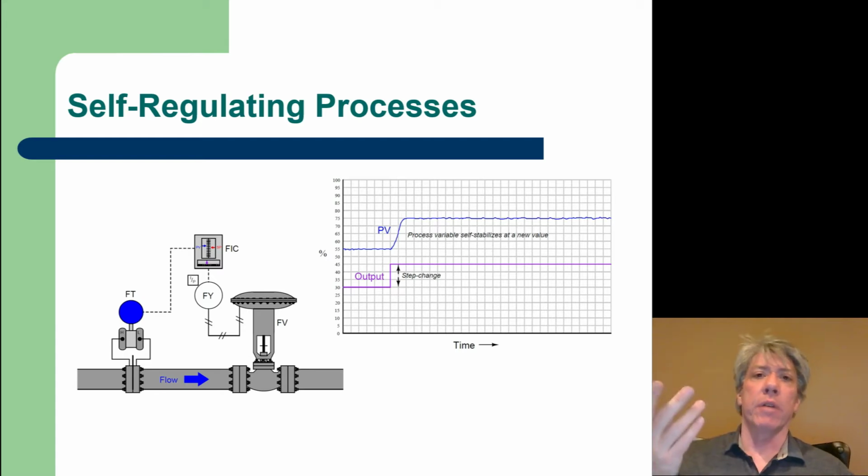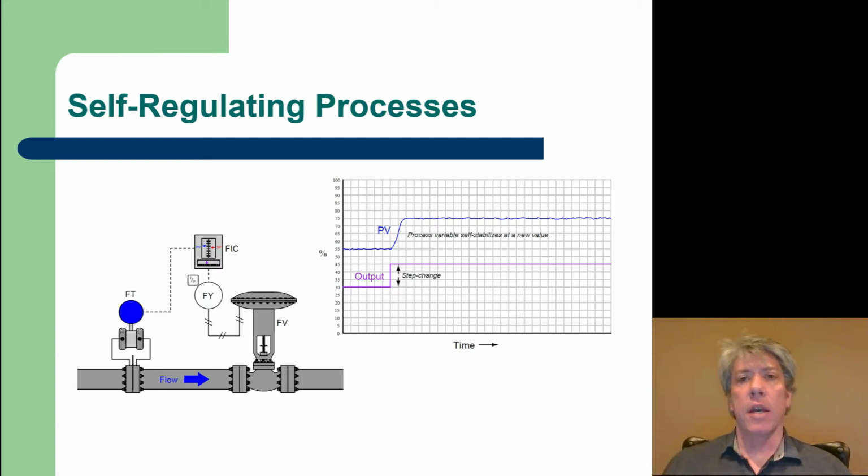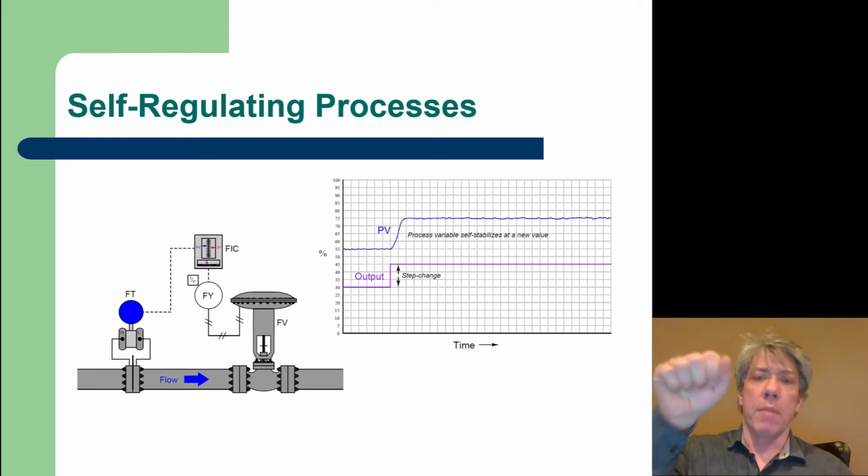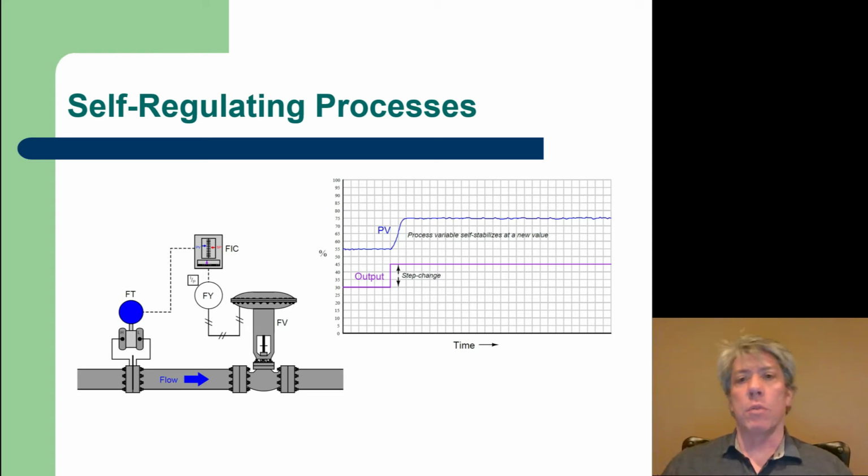The flow rate would increase because you're pulling the globe out of the seat, and so more flow can get through whatever the fluid is, but it would level off, right? It's not like it would just start increasing the flow and increase without limit while you hold the stem in one position. It would settle to a new steady state value, right? It wouldn't really change. And you could go the opposite way. You could make a step change downward, inserting the stem into the valve and choking off flow more and thereby